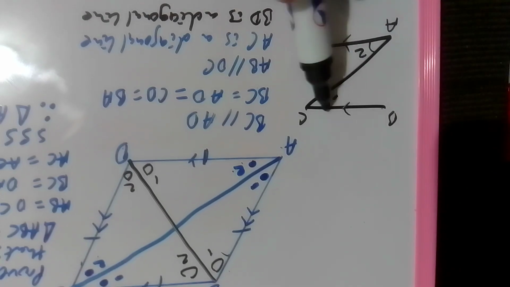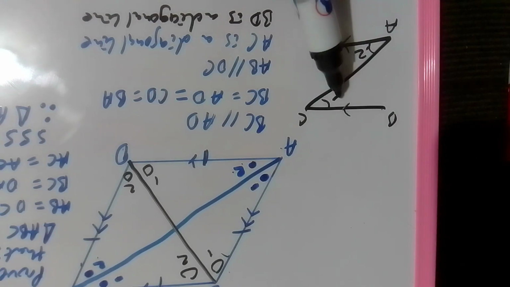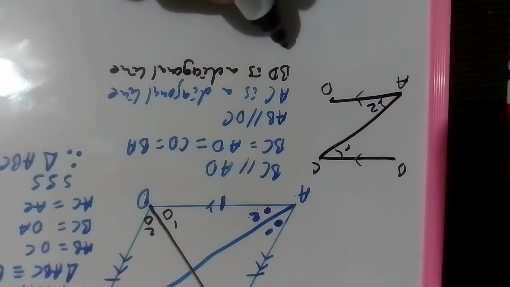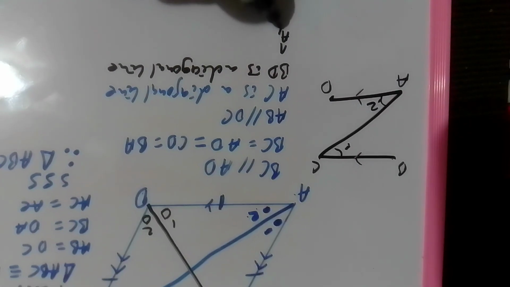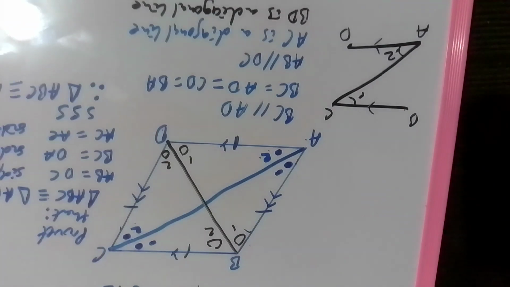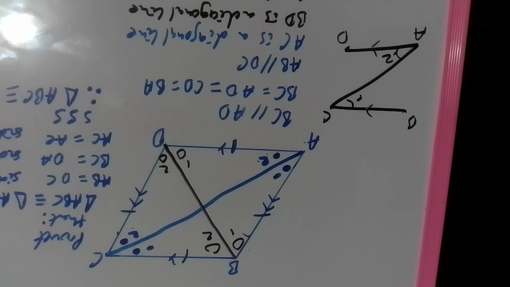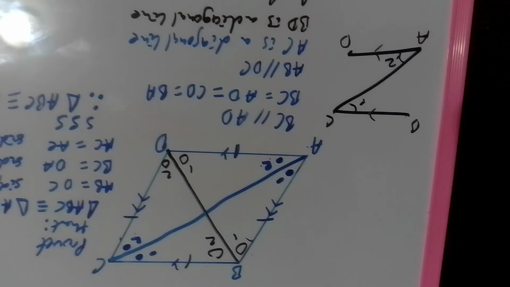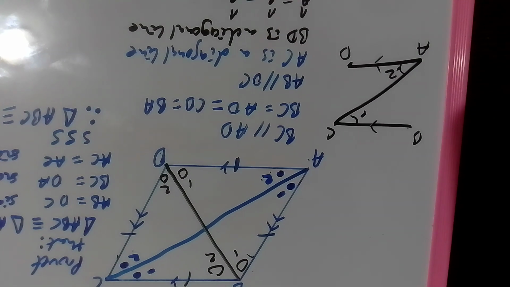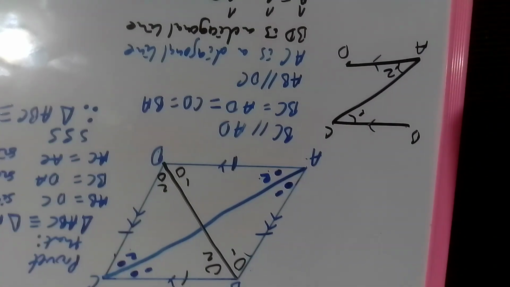So I'm now saying that because of the parallel lines that I have, angle A2 is equal to angle C1, alternate angles, right? So now we say angle A1, this one, is equal to angle C2, and it is equal to angle C1, and it is also equal to angle A2, and all of that is